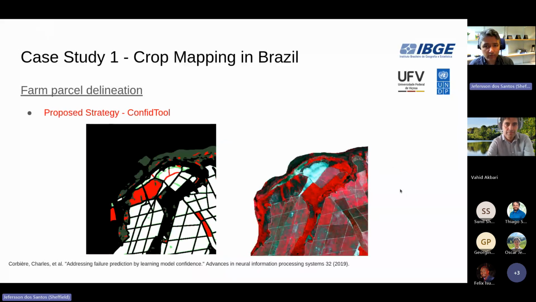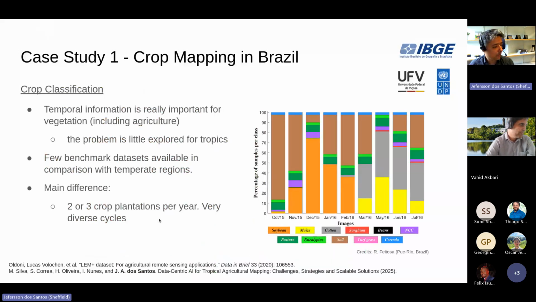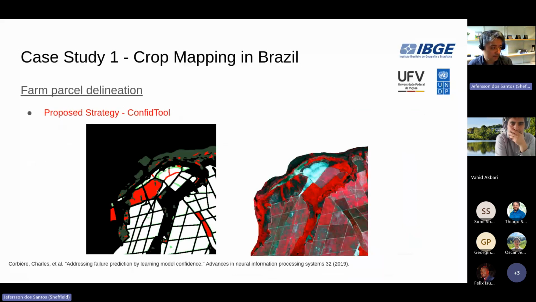Other examples here. I will move a little bit faster on this part because I want to talk about more topics. Okay. So we also worked on crop classification, but in this case, for identifying the crops, since we are talking about plant development, temporal information is really important. This is why we separated both of them. So for crop classification, we use temporal data, time series, and for segmenting the crops, we decided to select the specific data